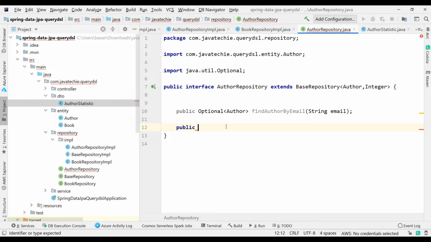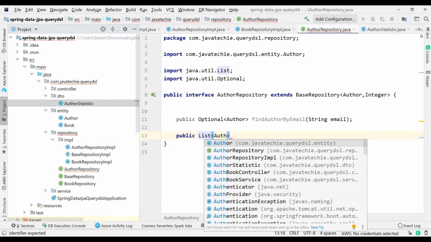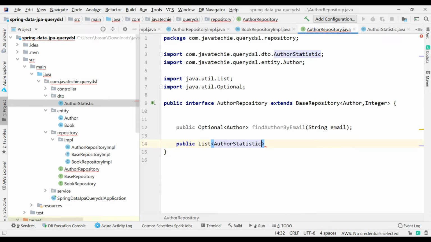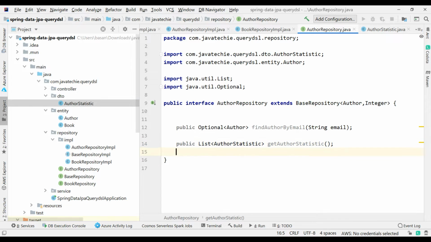I'll just use list of author statistic, get authors. I'll just copy and paste. Fine. Apart from that, I also want to fetch a list of authors to avoid the 1 to N plus 1 problem in Hibernate.